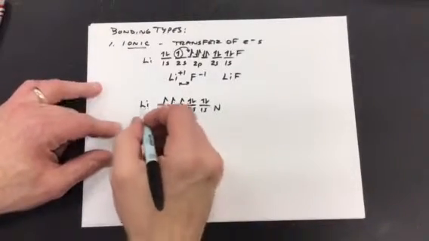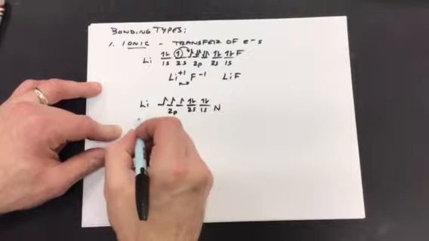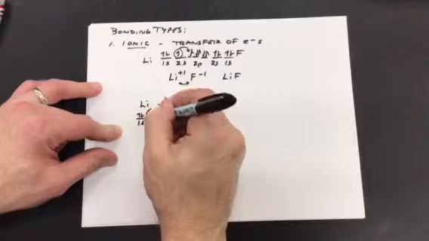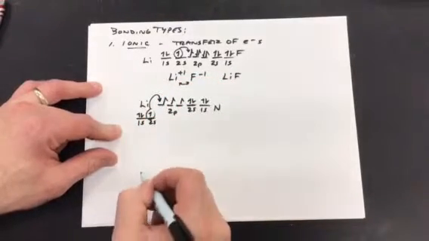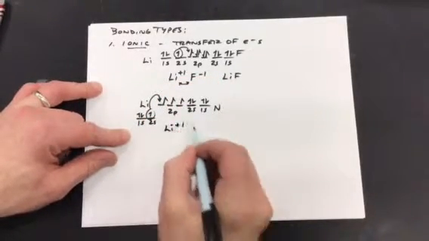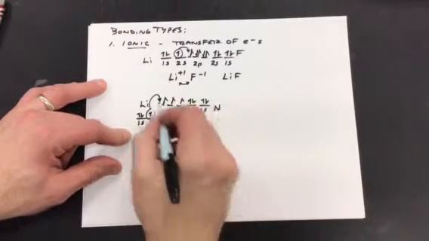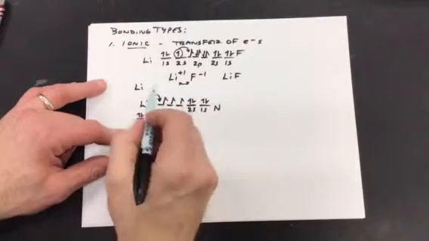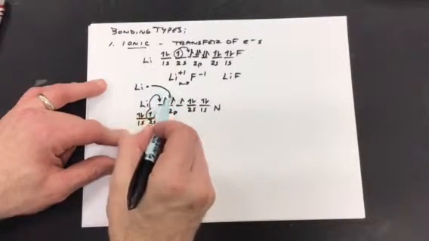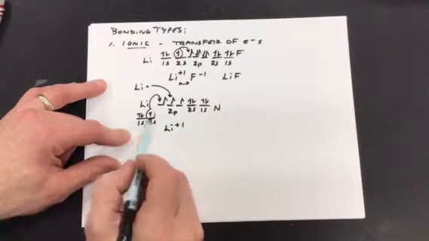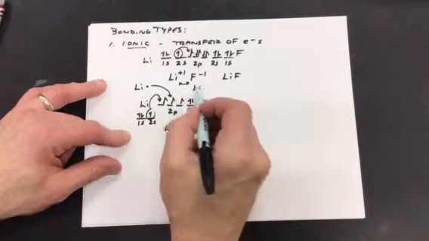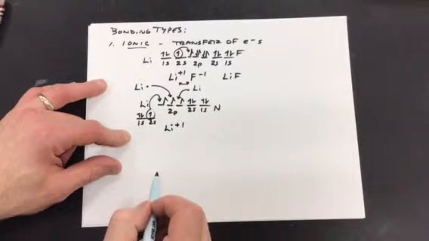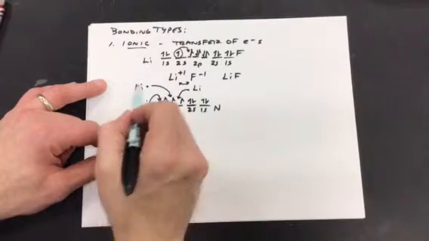Well, lithium is not going to be able to accomplish that in and of itself, but with our 1s2, 2s1, if we were to do this a few times, so one lithium ion, one nitrogen with an extra electron. If we then had a second lithium atom following the same idea, its one valence electron transfers to complete the second orbital,